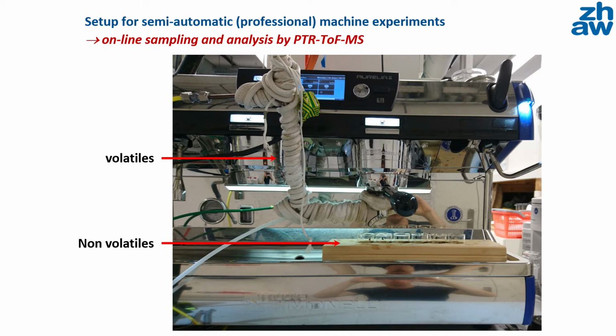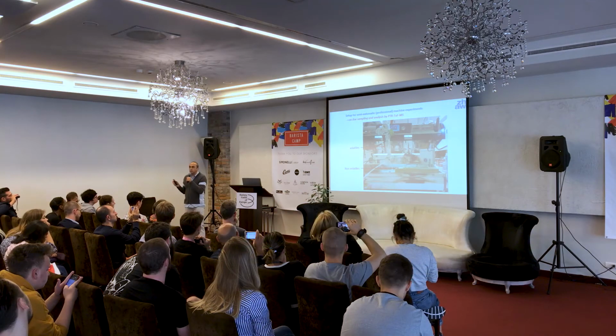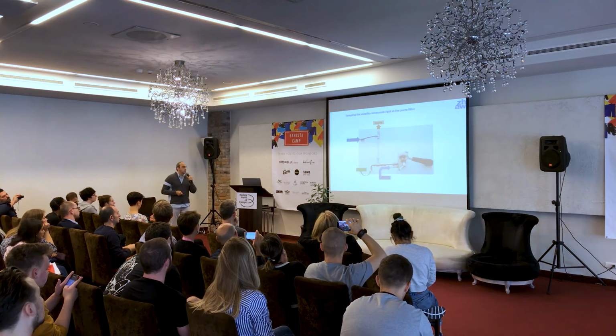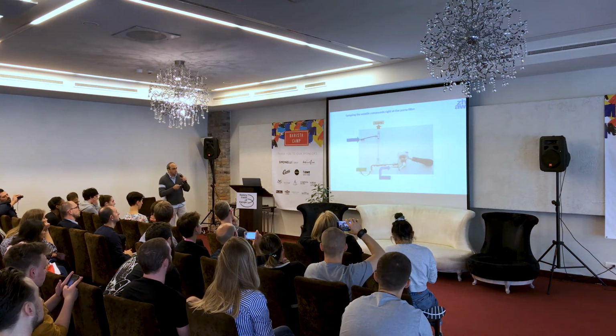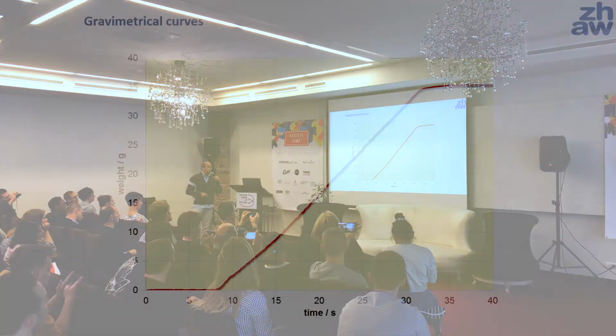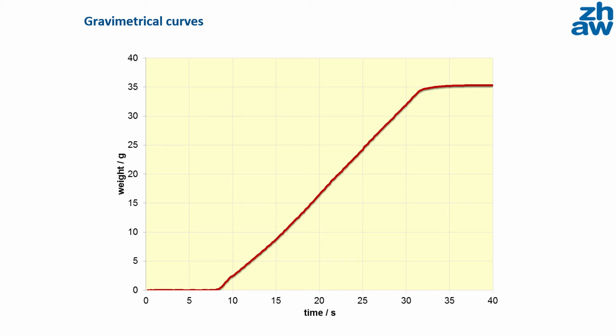The volatile is a totally different world, which has nothing to do with the brewing chart. It's just separate. And so I'm going to focus now on the non-volatiles, because I'd like to make the link to the brewing chart. So first of all, the gravimetry of the Nova Simonelli, straight line, and quite good reproducibility. And so this is kind of the way you extract it